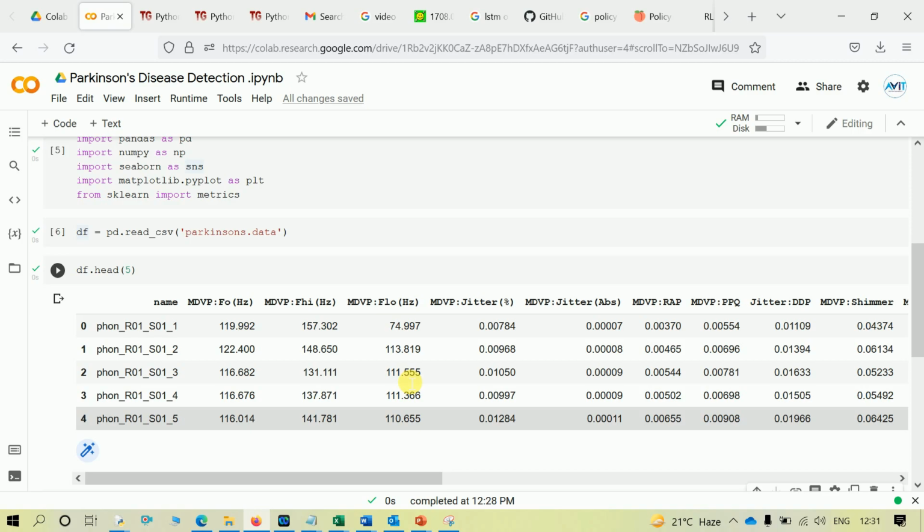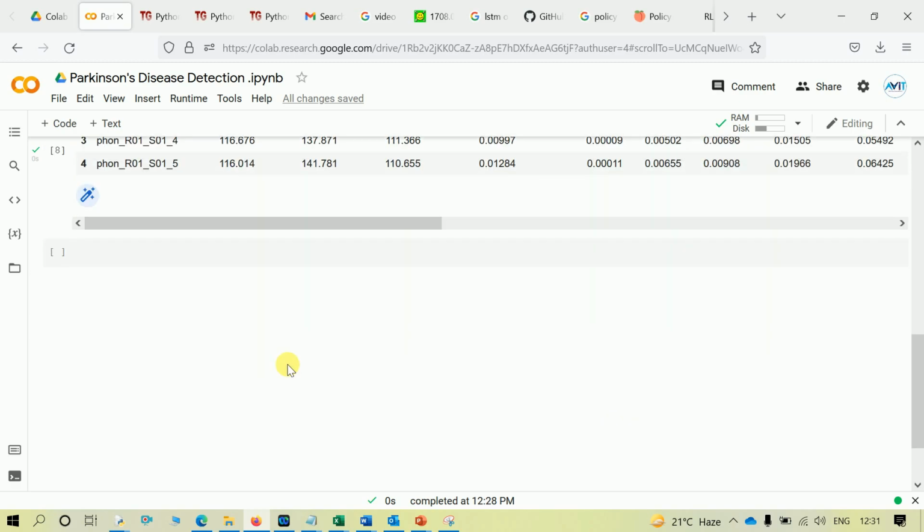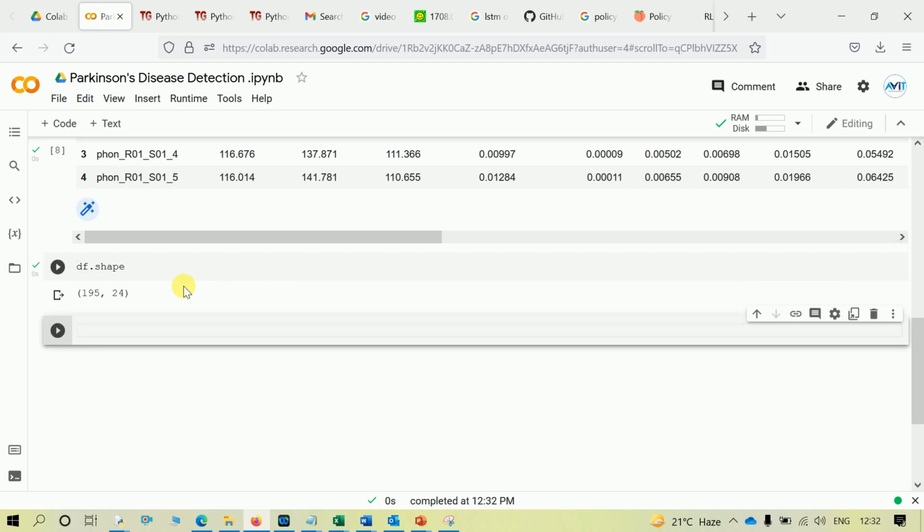Here what we are going to do is detect the Parkinson's affected patients from those who are healthy. Basically, patients who are affected with Parkinson's disease usually forget things, they can even forget their names. So let's identify those people using this data set. Let's check the shape of our data. We have 195 rows and 24 columns.